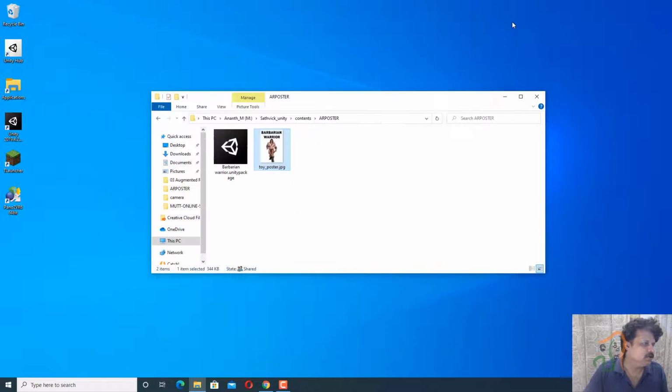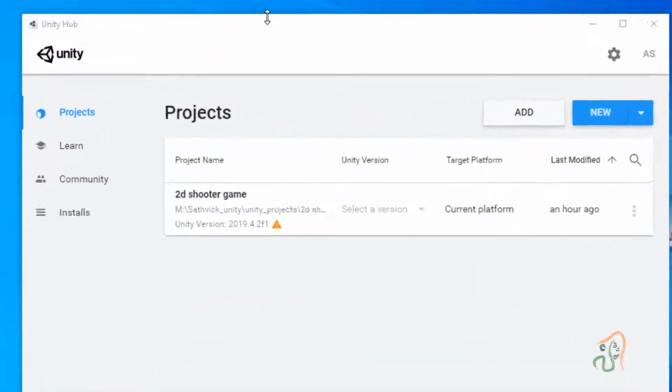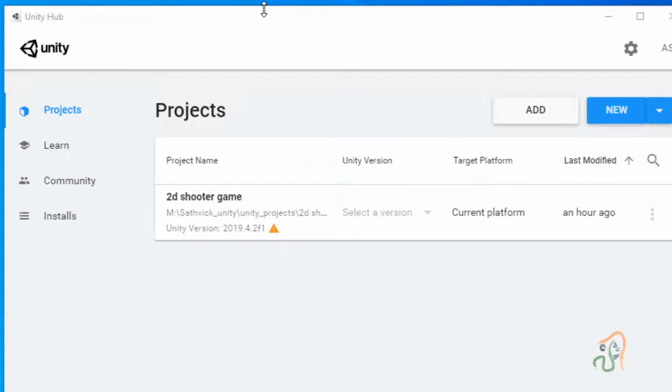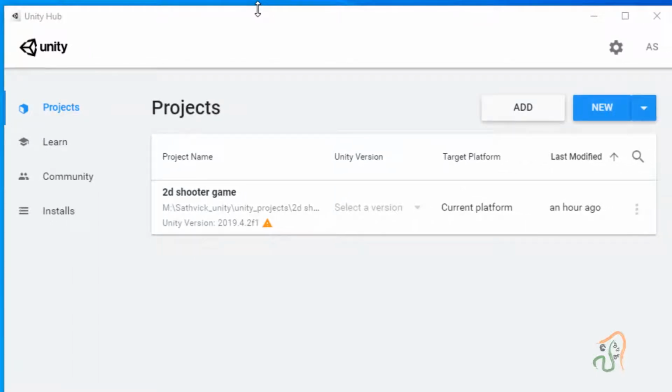We are going to now start with Unity. So launch Unity. So we have now launched Unity here. And one thing I want to tell you is, compared to the last project we did around 15 days back when we installed Unity, at that time the version was 2019.4.2, and this version keeps on changing every now and then. Every 15 days or 1 month a new version will come.